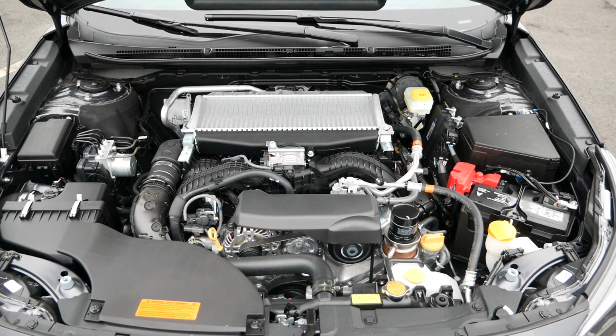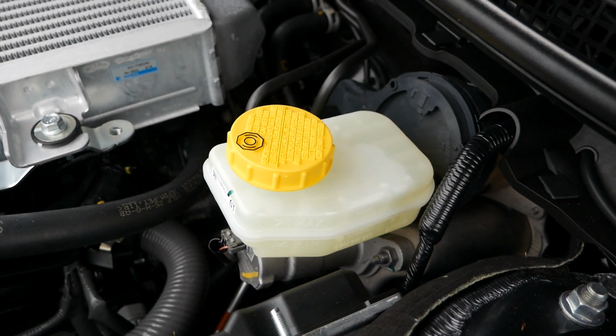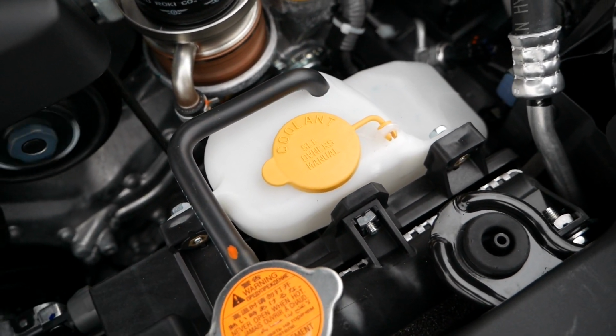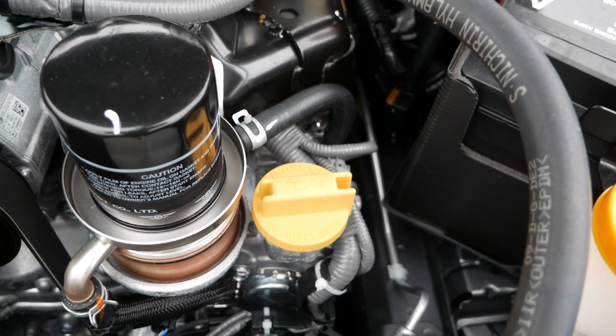Under the hood, the engine bay for the Boxer 4-cylinder engine offers a clean and convenient design, with the oil, coolant, windshield washer, and brake fluid reservoirs all being highlighted with yellow caps. Even better, everything of importance is placed on the right side of the engine, so if you need to quickly change the oil or windshield cleaner, you can easily identify and focus on the task at hand and be back